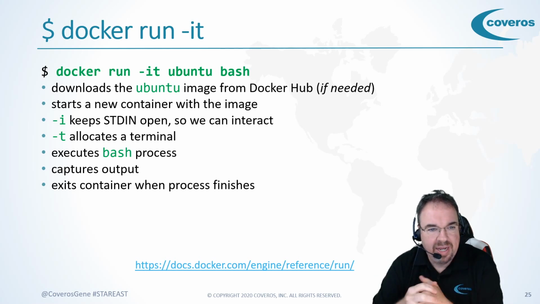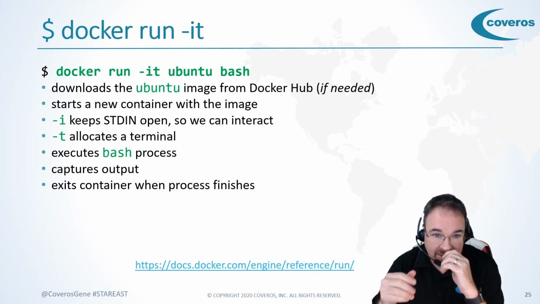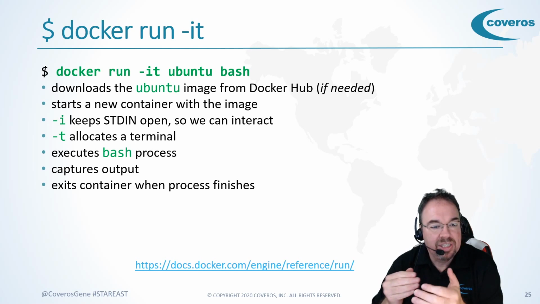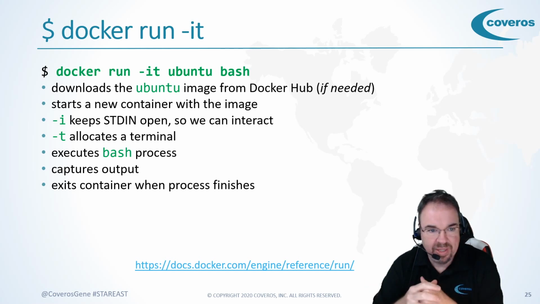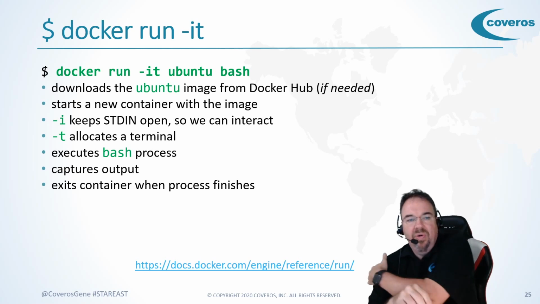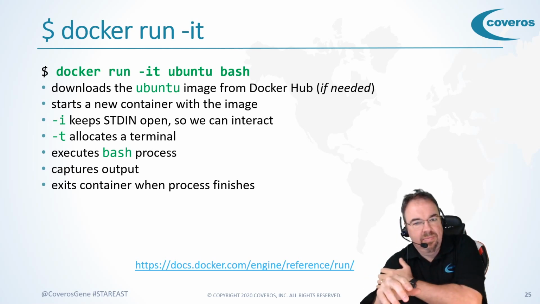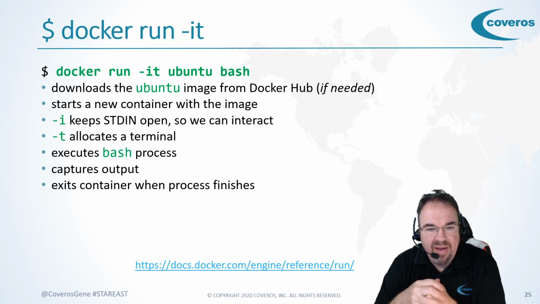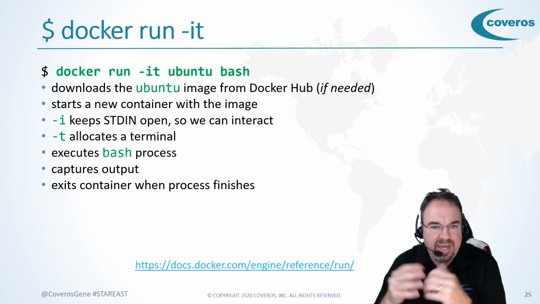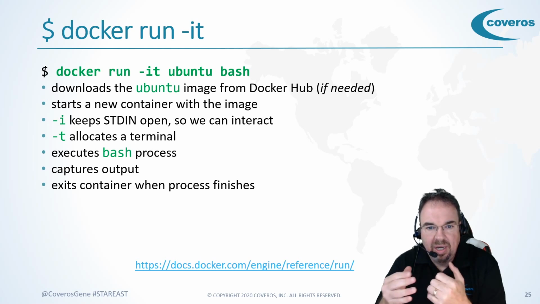It starts up a new container with that image. But we gave it this -it, right? The -i means to keep standard in open so we can type with it. The -t says allocate a terminal so we can see what's going on as we're typing, right? And then we told it, once you spin up that container, go ahead and run the bash command on it, okay? Every container or every image that you make has a default command